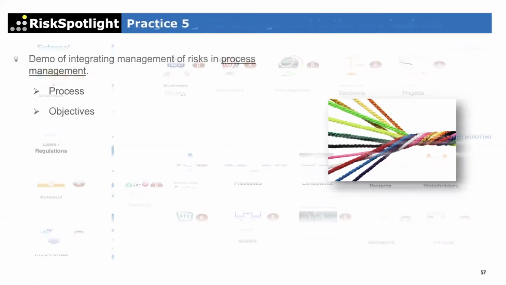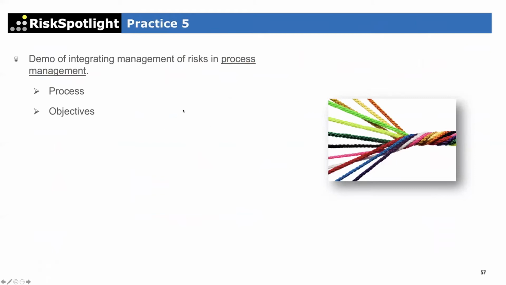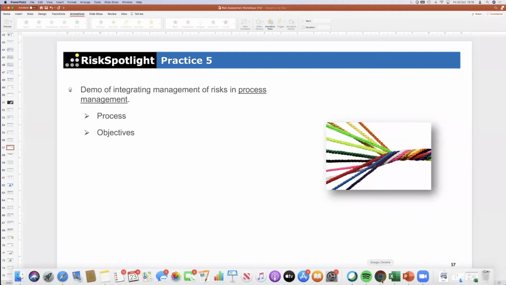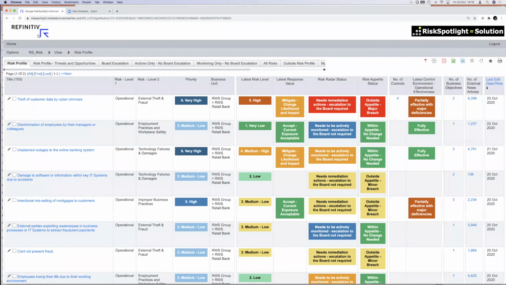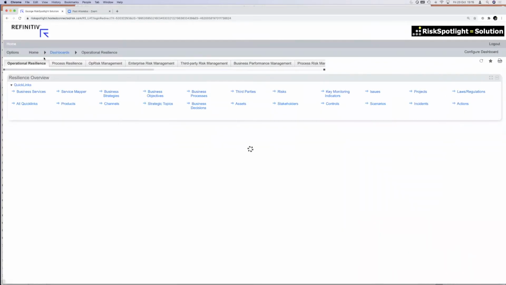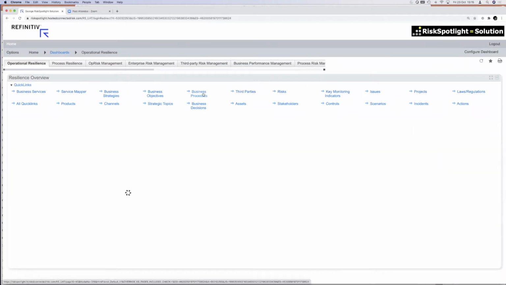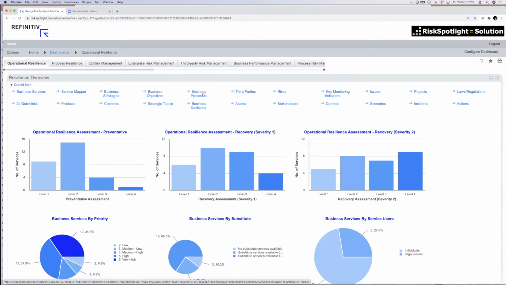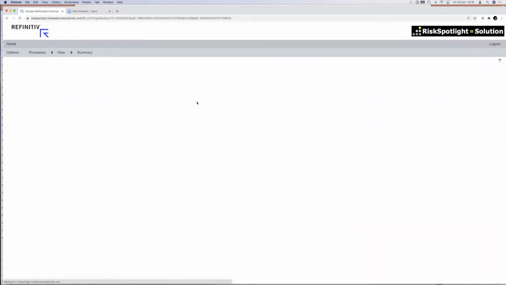So what I'm going to show is just show you an example of what does that integration mean in terms of integrating risk management as part of process management. But I wanted to give you a context around that software. So let me just log into the software here. So if I just show you an example of process, that if somebody now was a process owner and they were managing a particular process, so I can go to the process.